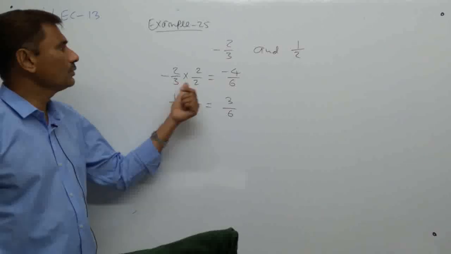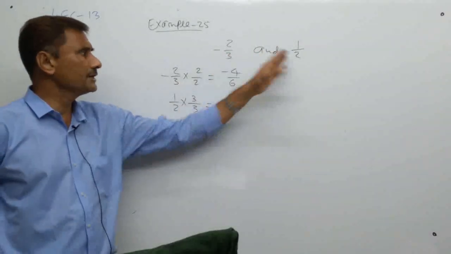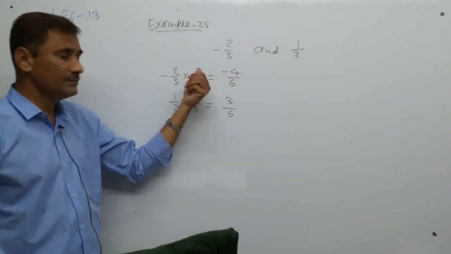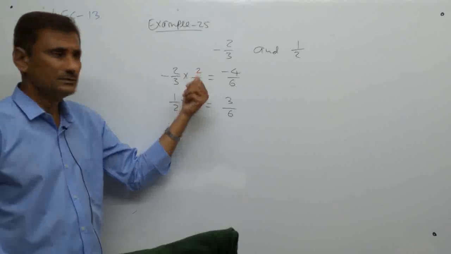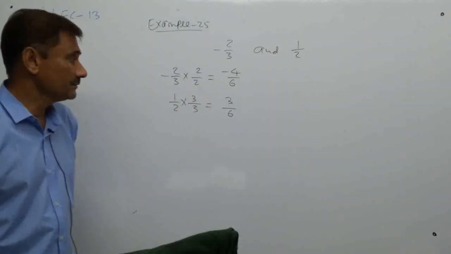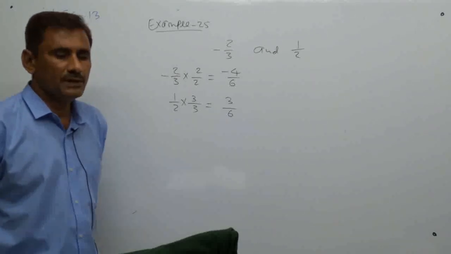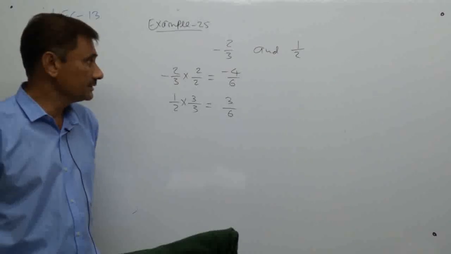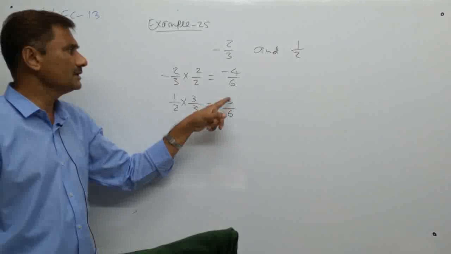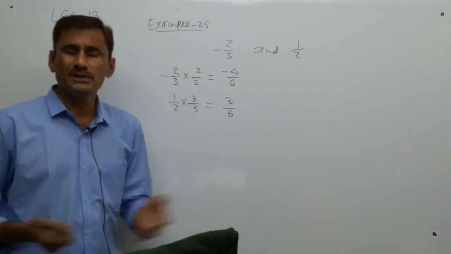Okay, how to get equal denominator? Just multiply by each other, 3 by 2 and 2 by 3, obviously. And if you multiply here, then the numerator must be also. So these are the numbers. Now look here, they want possible rational numbers. How many they want, that is not given. So now denominators are equal. Look at just the numerator.